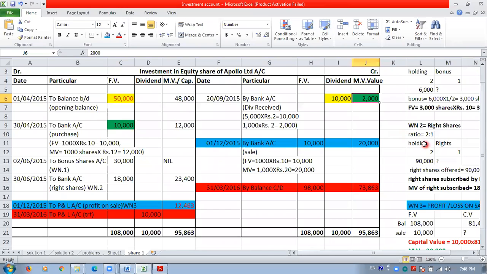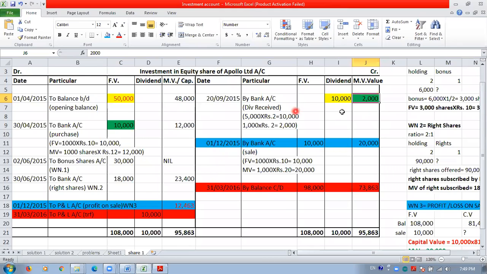Okay, so here also we entered likewise. 50,000 face value means 5,000 shares are there, into 2 per share dividend, that means 10,000 dividend. Here we calculated 5,000 shares into 2 is 10,000 dividend and entered here. And 1,000 shares, that is 10,000 face value, so 1,000 shares into 2 per share dividend, 2,000 is entered in the market value column in order to reduce the cost of capital.